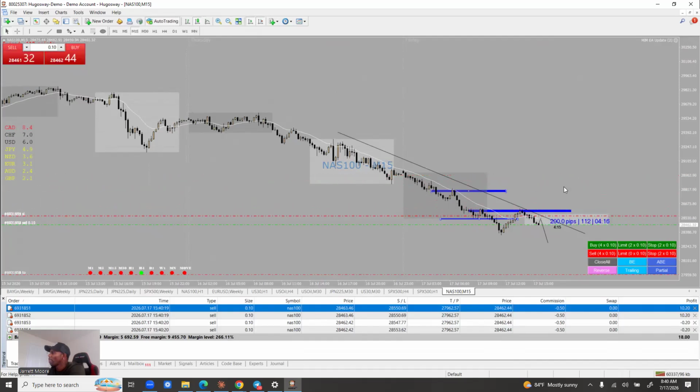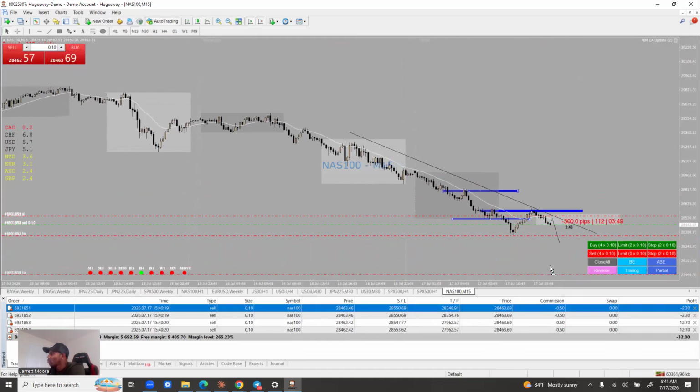All right. And then what I can do is measure out how many points I want. And I really only want 500, right? So because that just was my first entry, I'm going to move this to this low, right? And then depending on how the market moves,